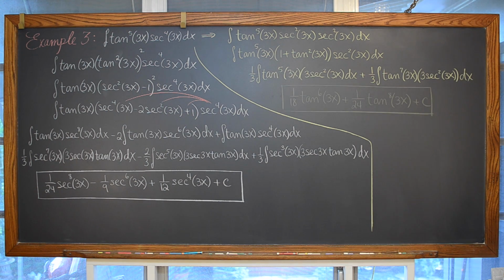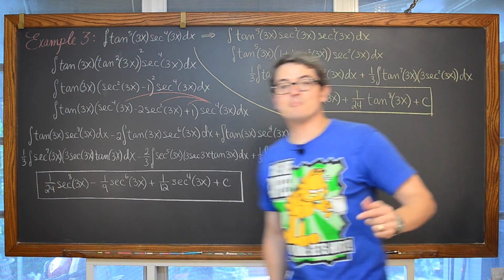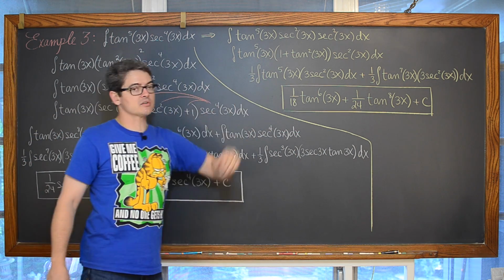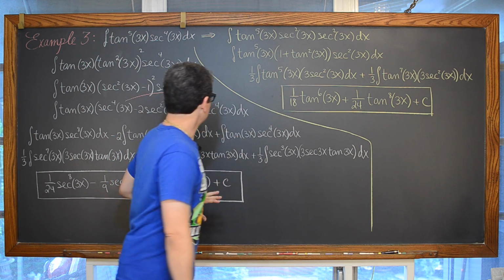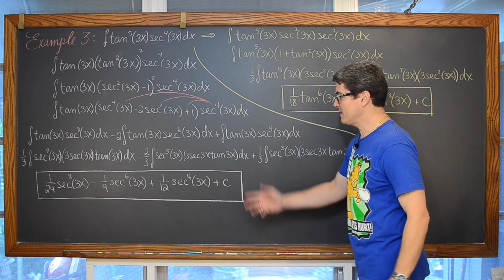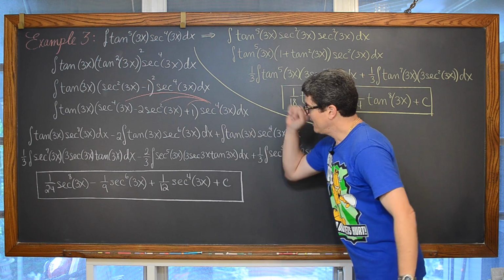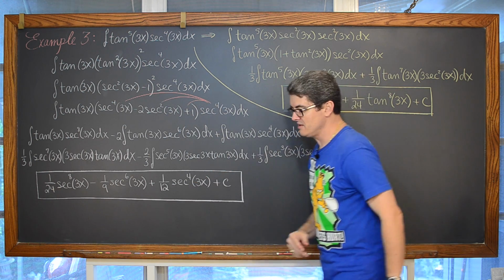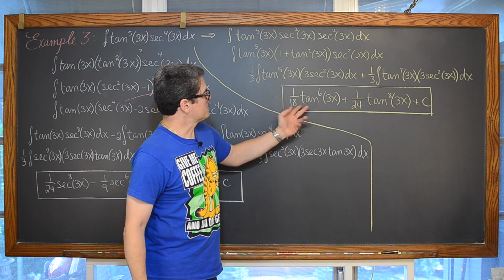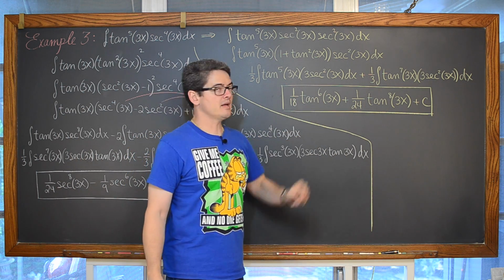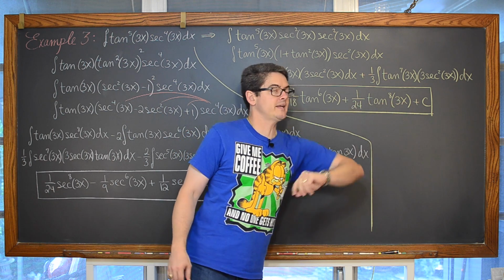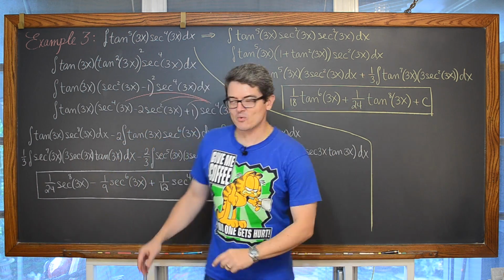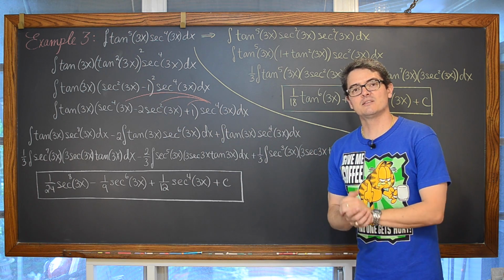And there is a perfect example of how a question can have two solutions that look so different, not only in the amount of work that it takes to complete those problems, but if you put your calculator in radian mode and type in y equals all of this, and you can not worry about the plus c there, and you type in y is equal to 1/18 tangent of 3x to the 6th power plus 1 over 24 tangent of 3x to the 8th power, you will get, as different as these equations look, the exact same graph.